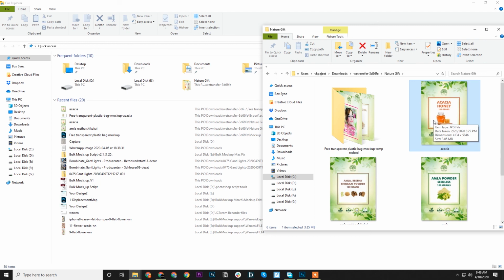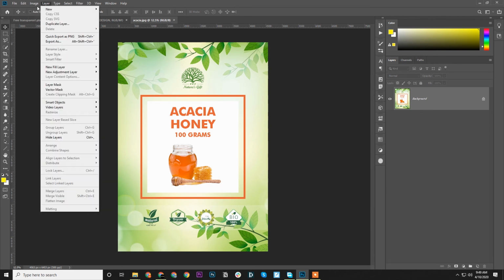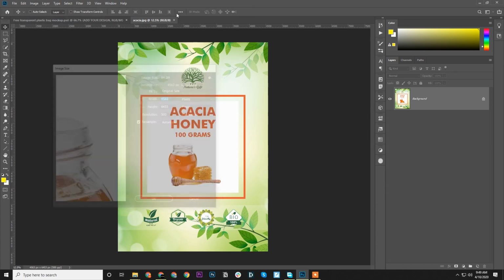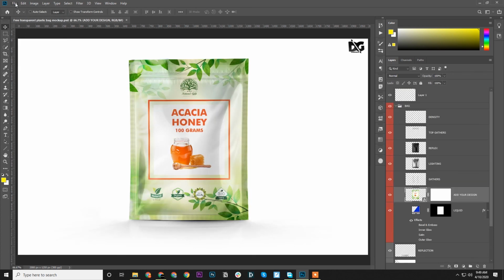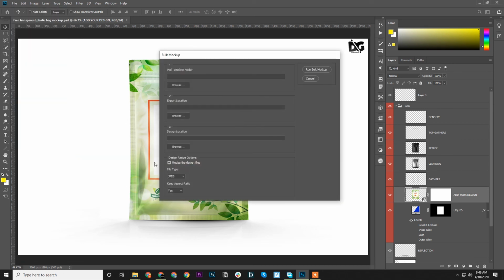And if they exactly match in size, I think it would be much better, because then, when you run bulk mockup, you do not need to check this resize design files, because the files are consistent in size.